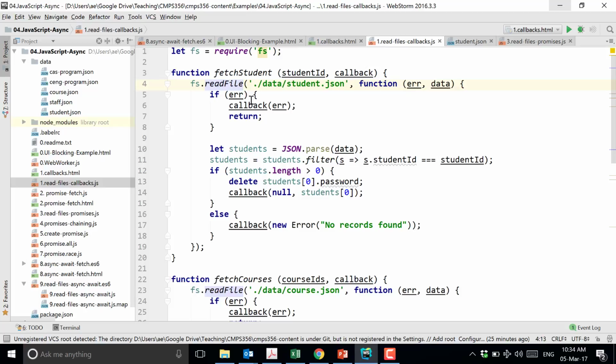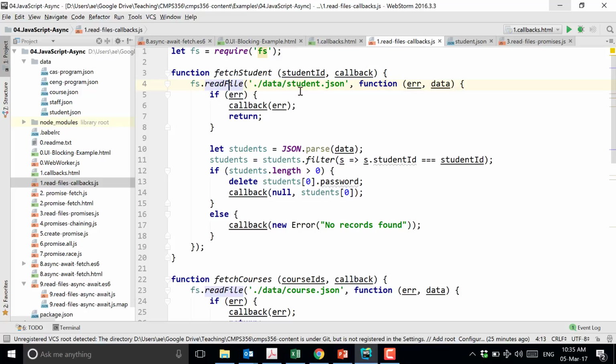That's basically the idea. If the function is asynchronous, I cannot call it and wait for it. If it is asynchronous, I have to call it and give it a callback function. What is this callback function used for? When readFile finishes, what will it do? It will call your callback function. Are we still waiting for the readFile function? No, you will see. We are not waiting.